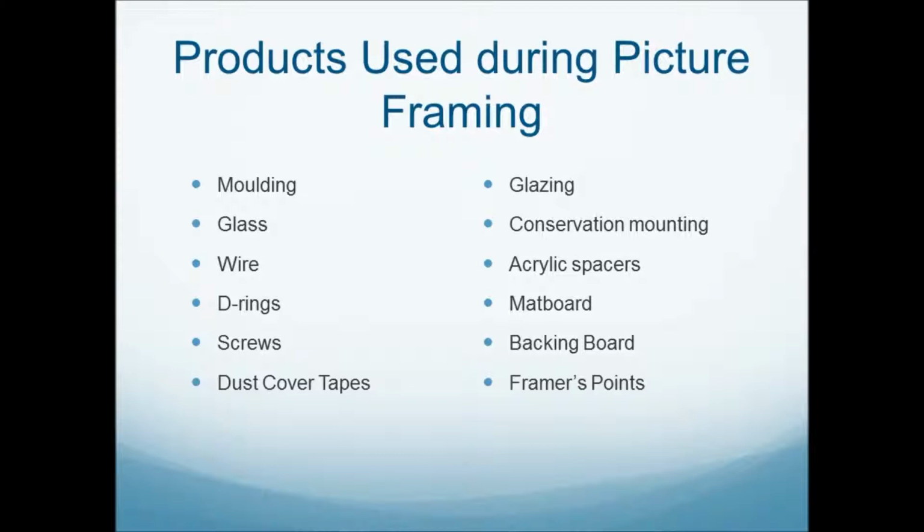Framers points hold the glass, artwork, and backing materials securely in wooden frames. Points go in perfectly flat behind the backing board. When using metal frames, spring clips are used instead of framers points and have the same function of holding the frame package securely together. While artistry and presentation are the defining factors that might sell your artwork, every customer wants